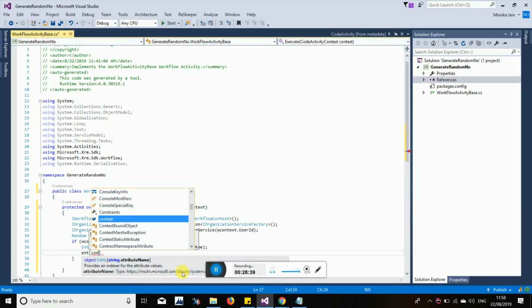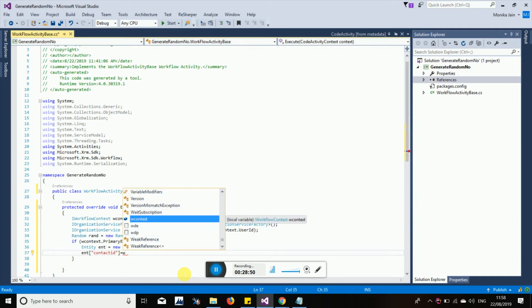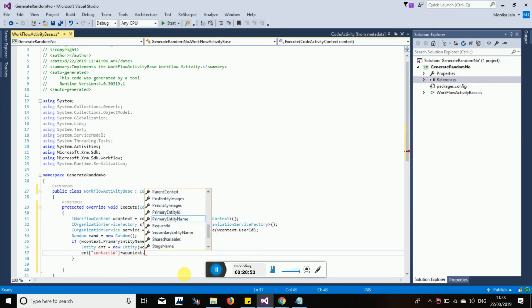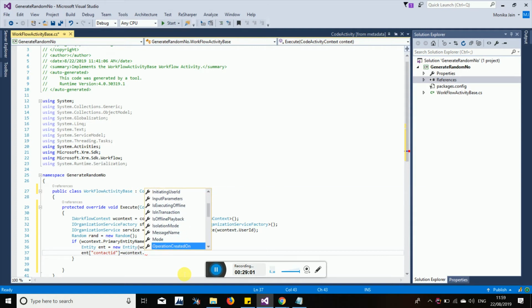Here, contact ID is the GUID actually, and we are expecting that in the workflow context, primary entity ID will have the GUID of the current entity. Primary entity ID is the GUID, meaning the unique ID of the record.